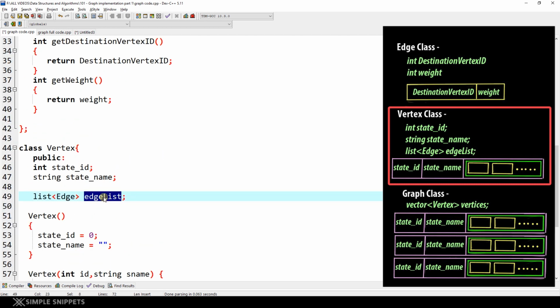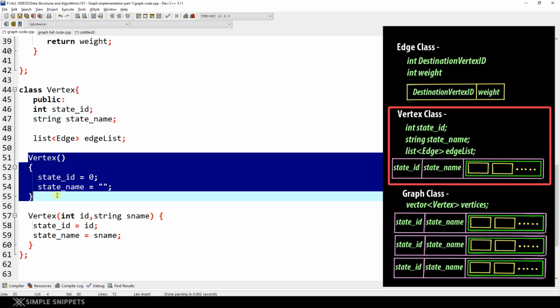Remember that pink box, the pink container which was representing one particular vertex object, it will have state ID, state name, and its own edge list, which means that whichever edges that particular state is connected to, it will have those details in the form of an edge object, and an edge object will have destination ID as well as the weight. Correct? Okay.